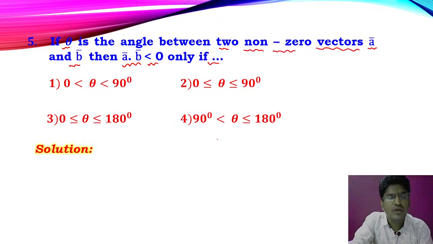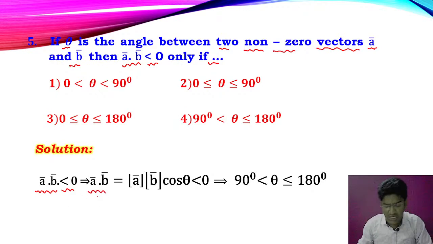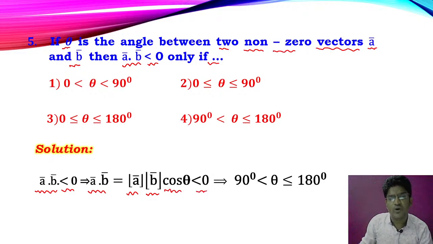Okay. So for that you can just see it is given, A dot B is less than 0. So that implies A dot B is equal to mod vector A into mod vector B cos theta, less than 0. Okay. So here you can just see that theta should be greater than 90 and less than or equal to 180. That means in the second quadrant,